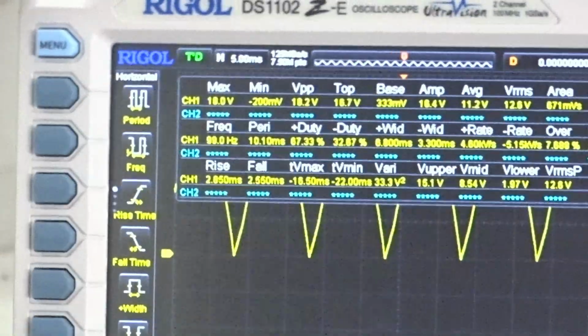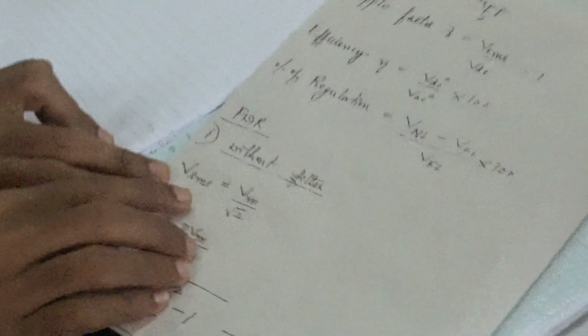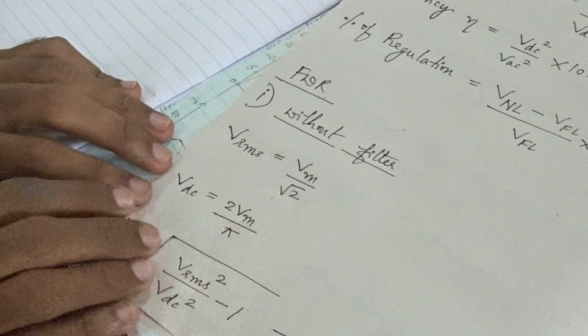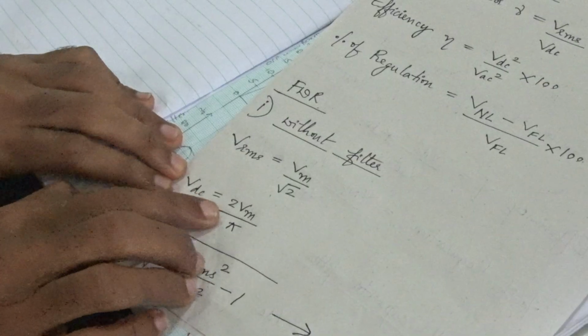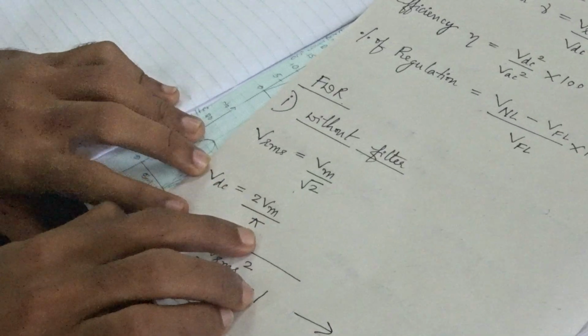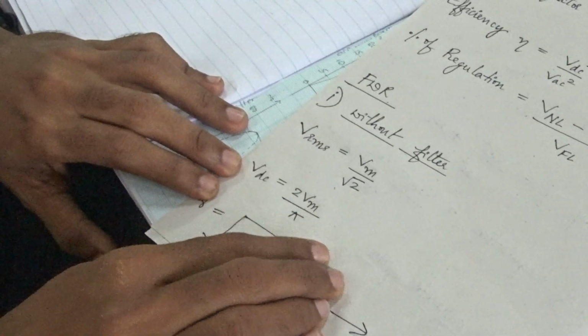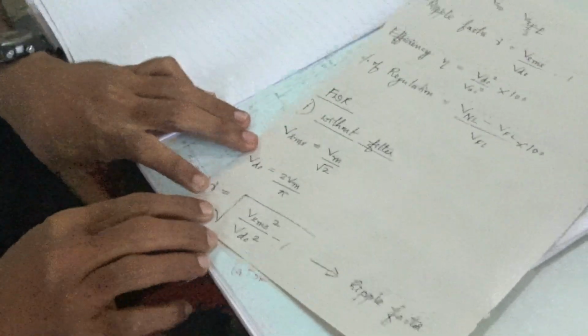Okay, and after noting down the maximum voltage value, find out the value of VRMS voltage, that is V suffix RMS is equal to Vm by root 2, and next find out the V suffix DC voltage value, which is equal to 2 times Vm divided by pi. So this is also the value for full load voltage, and then calculate the ripple factor using the formula square